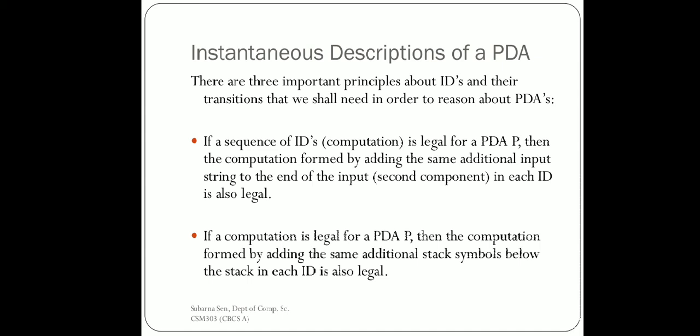What is the meaning of it? Say we have designed one ID, let us consider the previous example. We have done it using a string 1111. This does not mean that whatever PDA we are describing, or whatever ID we are using to describe our PDA, is going to accept only the string 1111, right? If you add any string after it, or use any similar string, such as a reverse, which follows whatever condition they are asking for, everything is going to be accepted by that ID.